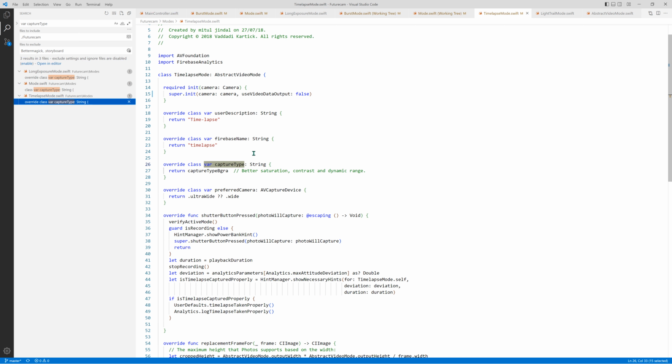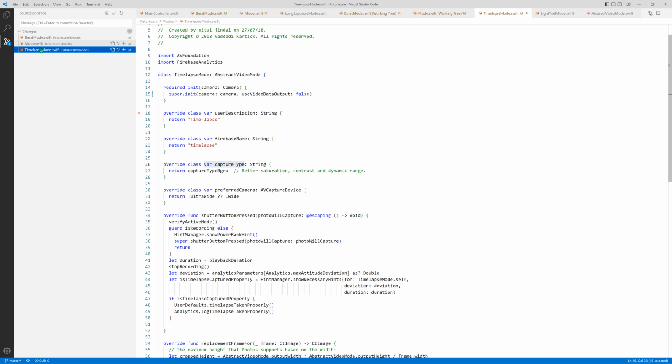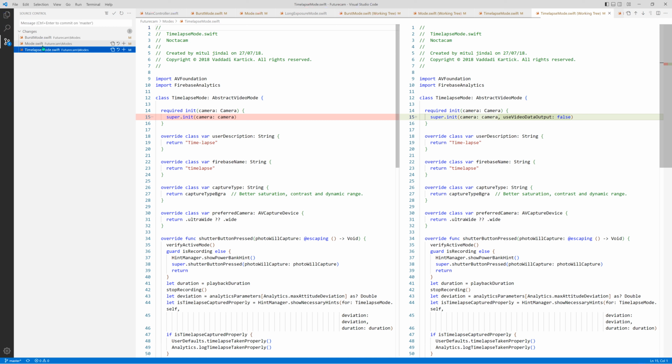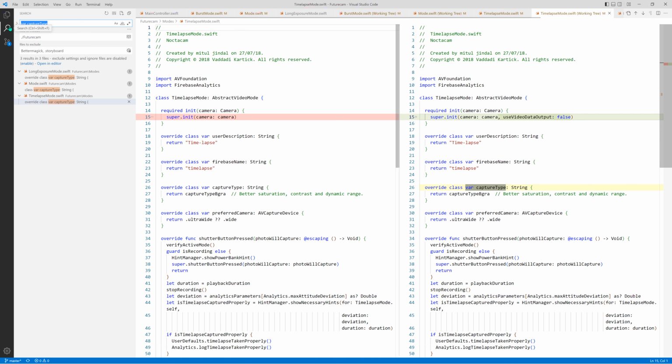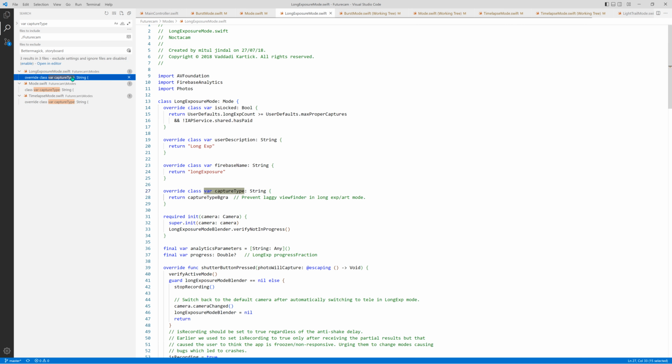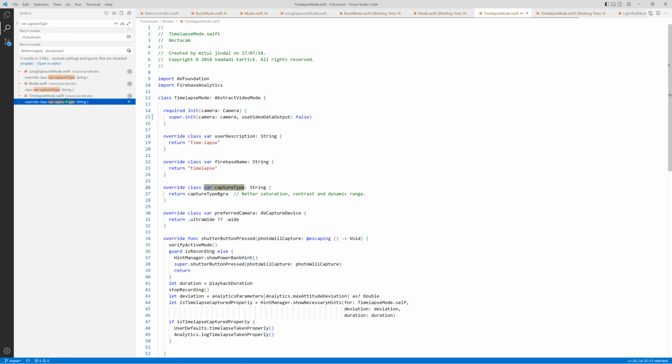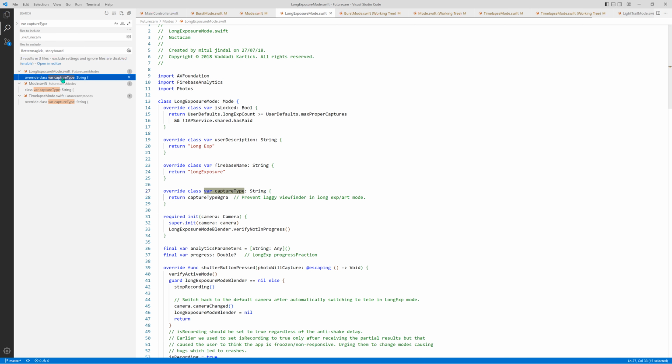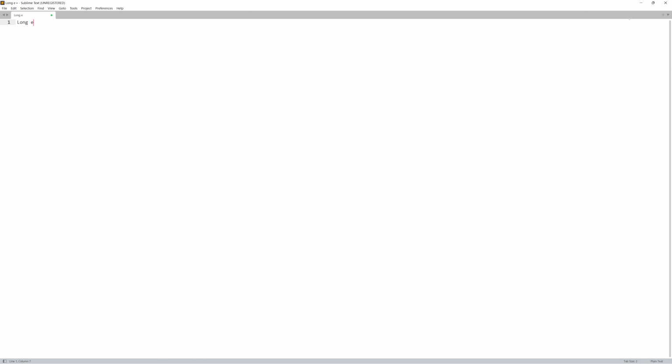So here in time lapse mode, have we made a change? Wait, let me just write down which returns which. Long exposure and time lapse use BGRA. Long exp and time lapse use BGRA. So naturally light trail and burst use video. Okay, great. Now with this in mind,